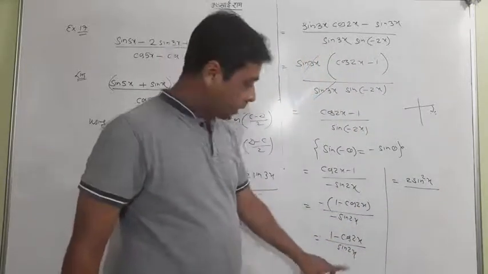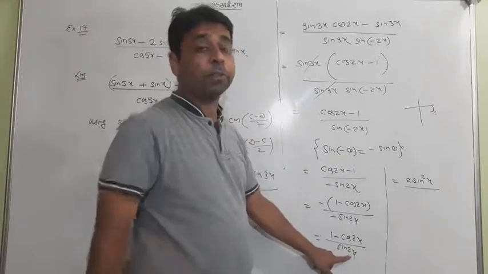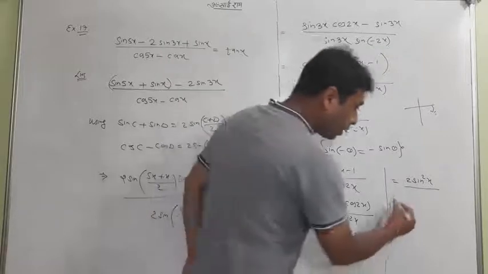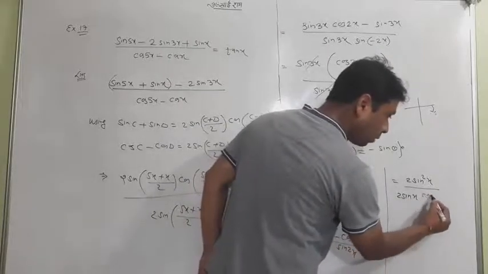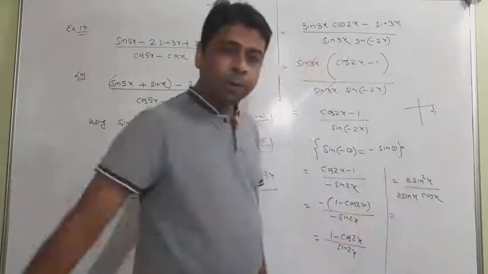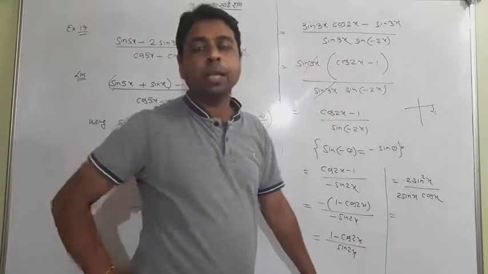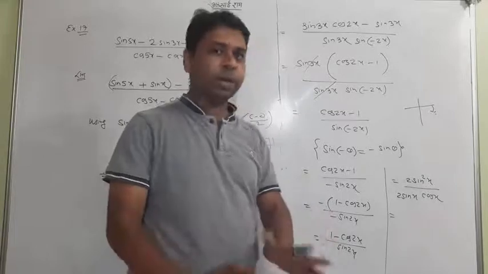You can see now, sine 2x is the first formula of sine 2x. I taught you sine 2x has 2 formulas. So sine 2x is equal to 2 sine x cos x. Whatever formulas I write here, please check them in the list of formulas and be assured that they are right.